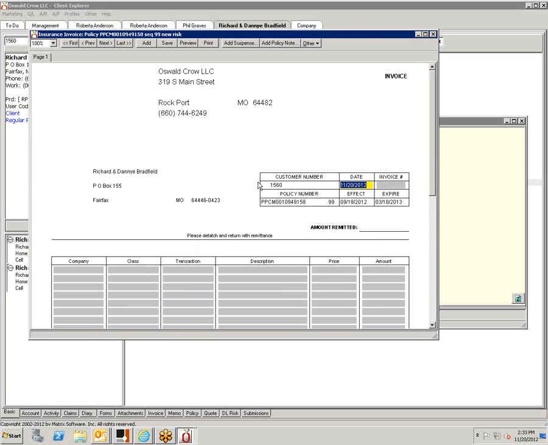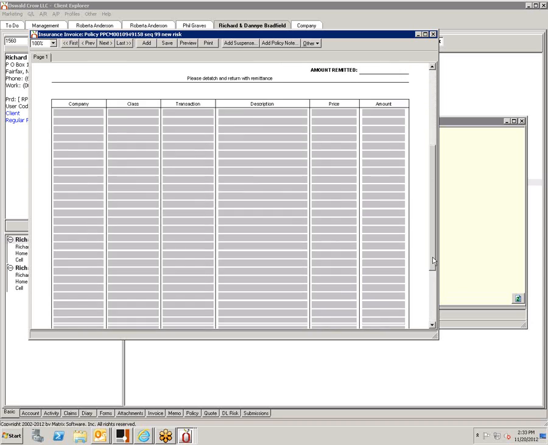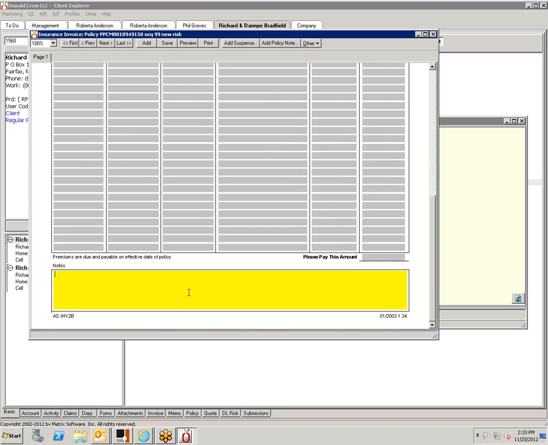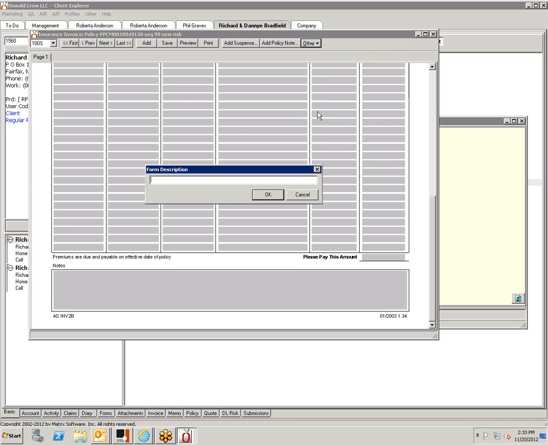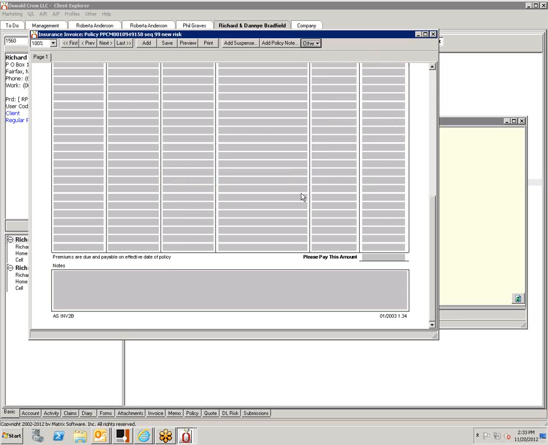It is fully editable, so you can right-click in any area and change the address or the name. It looks like an invoice. It looks pretty official. So it also has all this area that you can input information and a notes section. And since it's just a form, you could put a description, paid receipt. And of course you can email this.